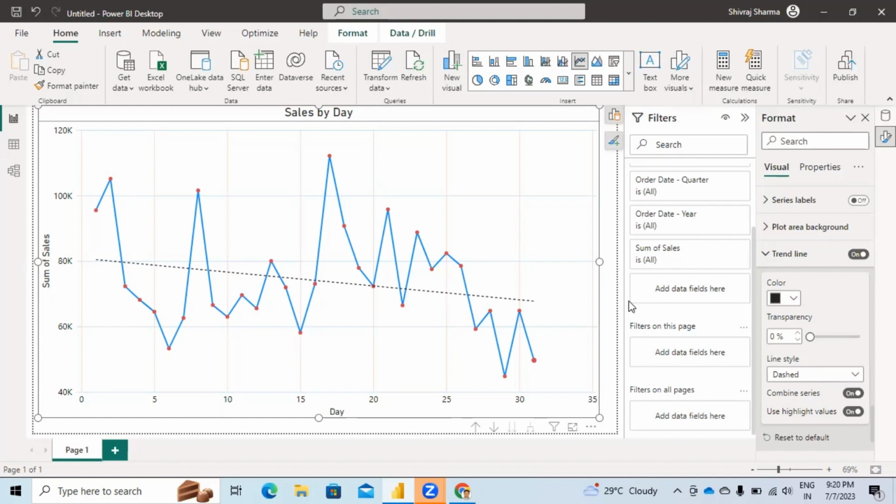You can focus only on those days, suppose this one, 15th, it comes below your average line. So you can say that for the particular company or the particular product, we have an offer that if you purchase this product on 15th of every month, then you can have